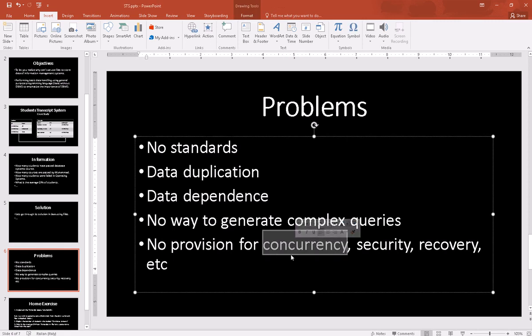We will also discuss these terminologies later in our other lectures, but for the moment, concurrency means that at the same moment two different applications want to open your data file. Only one will be allowed if that application opens it in edit mode.